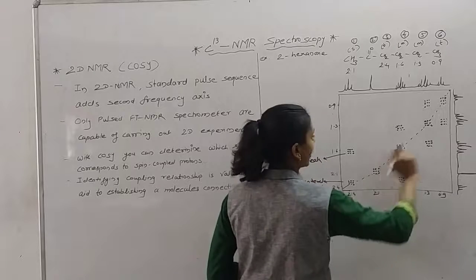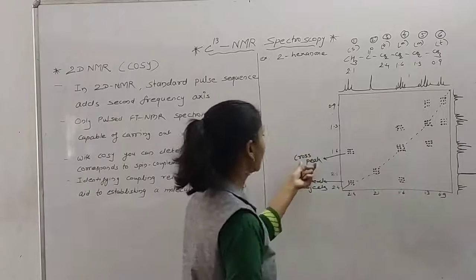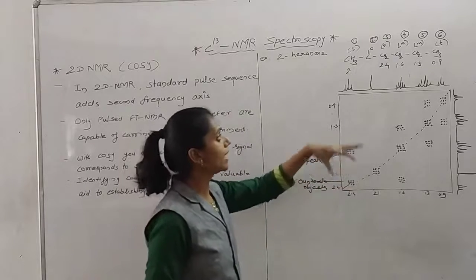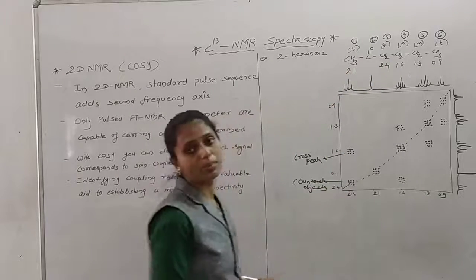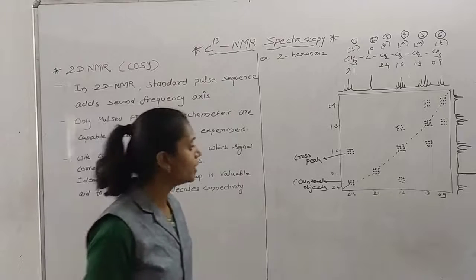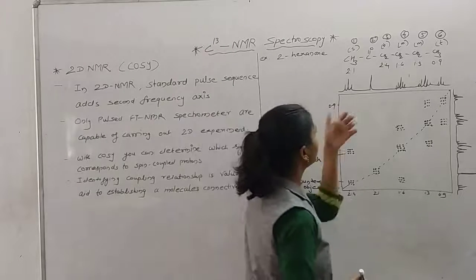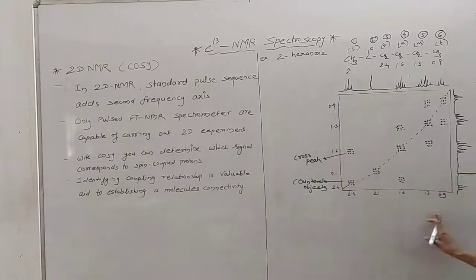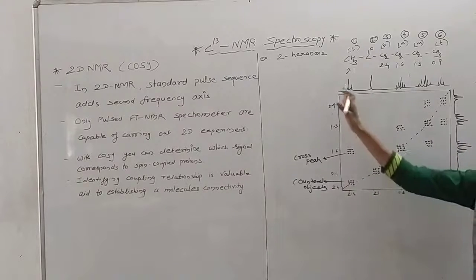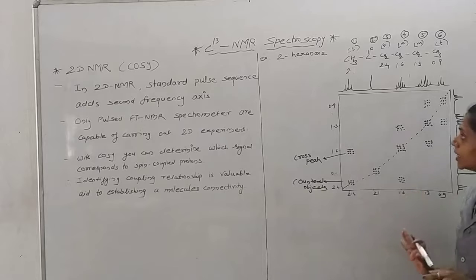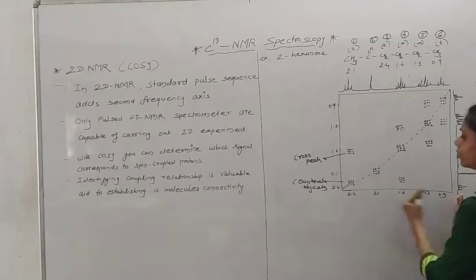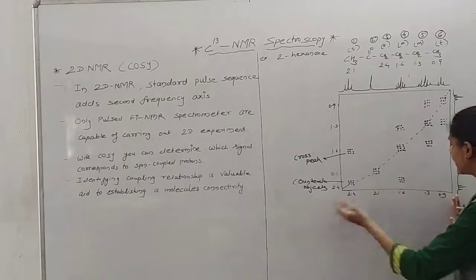Other than the diagonal peaks, we have what we call cross peaks here, and it is more important to say they show the connectivity between the carbon atoms here. Okay. Now we see the particular example here. What I have given here is the delta value, the chemical shift value, and on the y-axis there is also the chemical shift value. So here, from right to left, the chemical shift value increases.